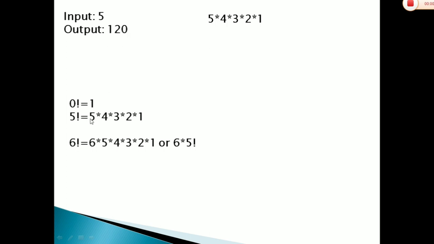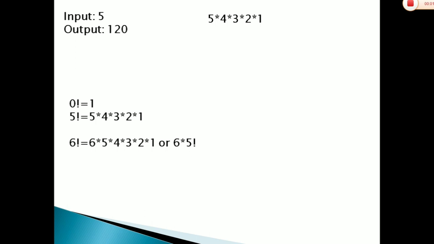For finding the factorial, what we have to do is, it is 5 into, that we have to multiply till 1. Actually we have to multiply till 0, but 0 factorial is 1, so we just don't consider that 0 factorial because it's just increasing one loop. Now I want you to consider 6 factorial, which is 6 into 5 into 4 into 3 into 2 into 1. So guys, what is there in it is that it is 6 into 5 factorial.